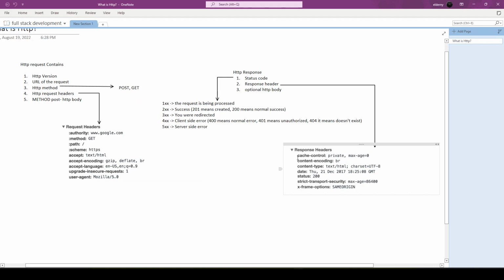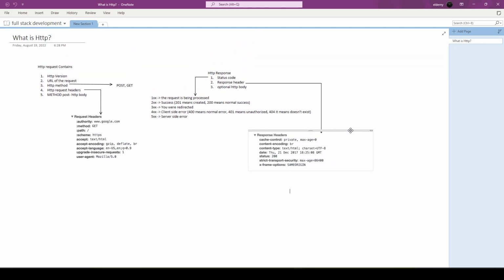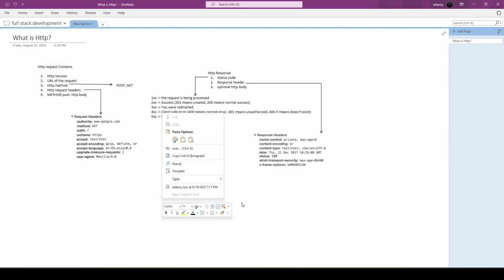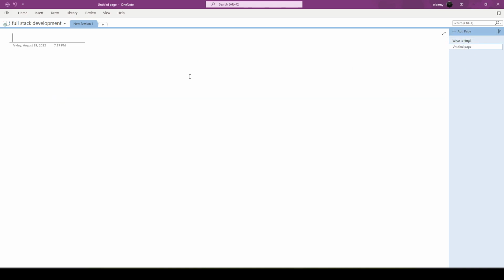So I'll just talk about the HTTP versions now. As I told you before, we will be talking about the HTTP versions, and I think now is the time to do it. Okay, I need to add a new page in order to do something new. So let's add another page here. Can I rename this new section to HTTP versions? Now we'll be talking about the HTTP versions. We have a couple of HTTP versions, which go like this,